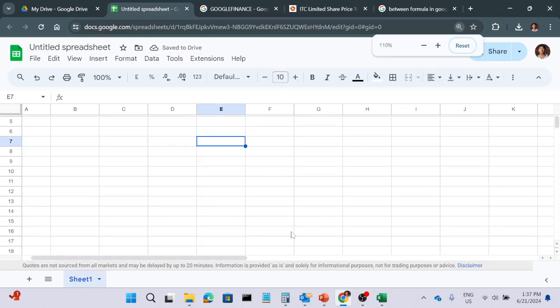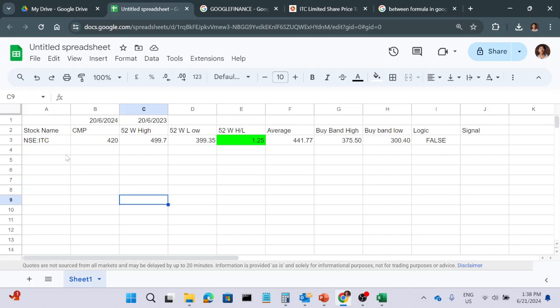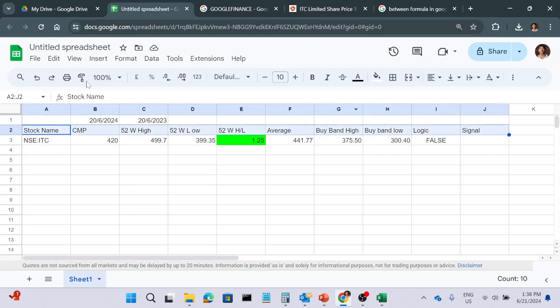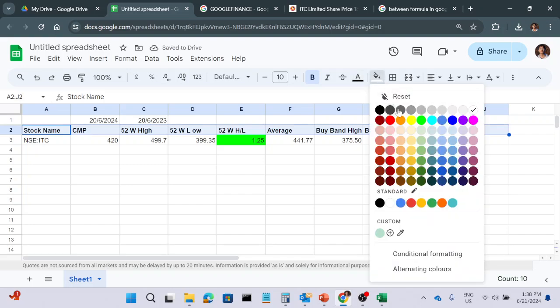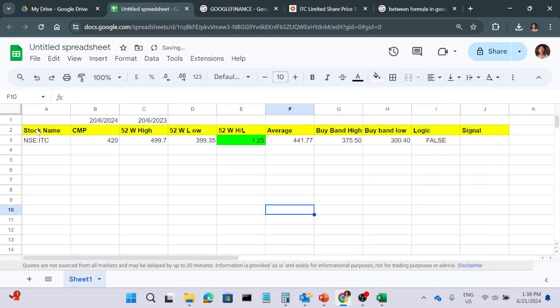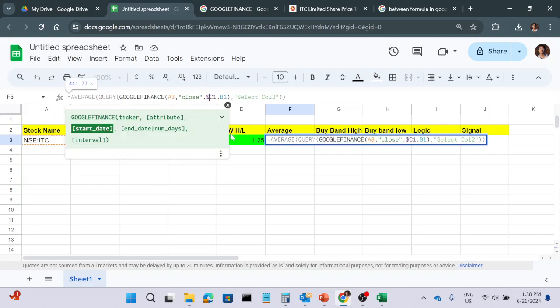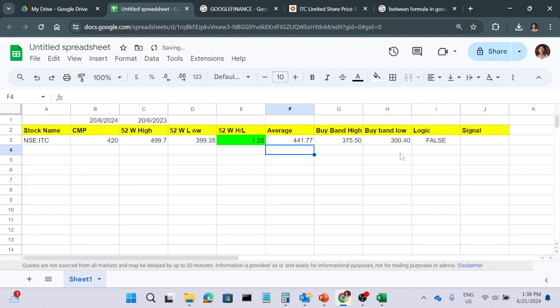So now let's format this table a bit so that it looks very good for us. Make it bold, and then the color. Okay. So now there are a few things that we need to do here. Here we have used the absolute cells. We'll make it so that any cell with this will work out. Okay. So now this should be okay. So now we have got only one